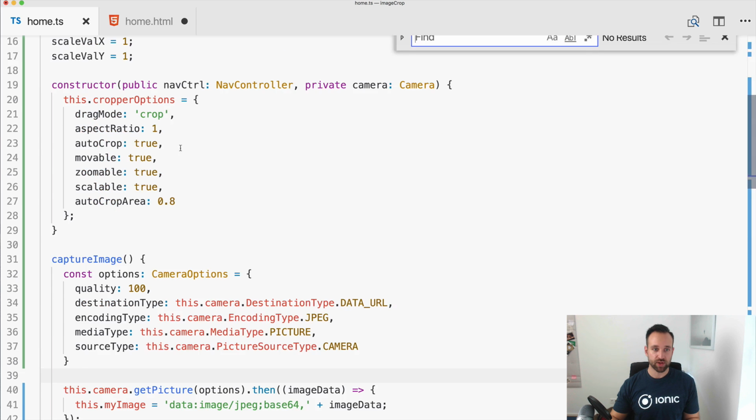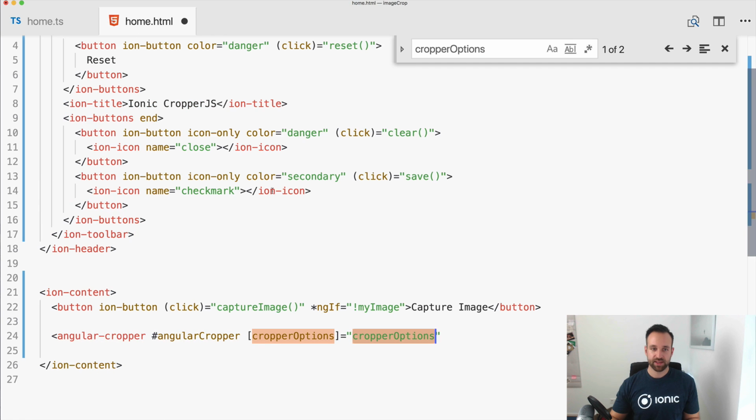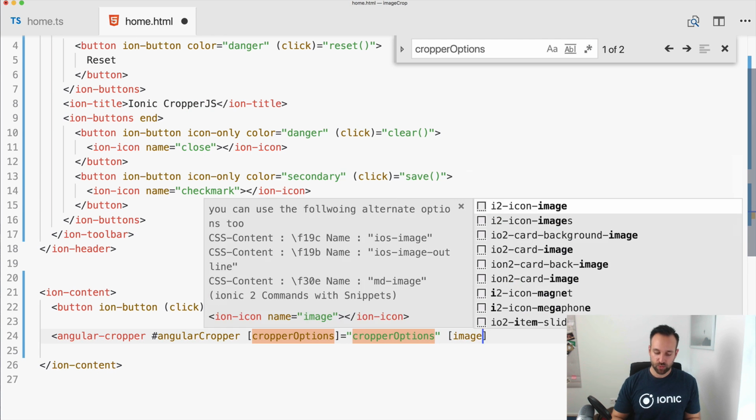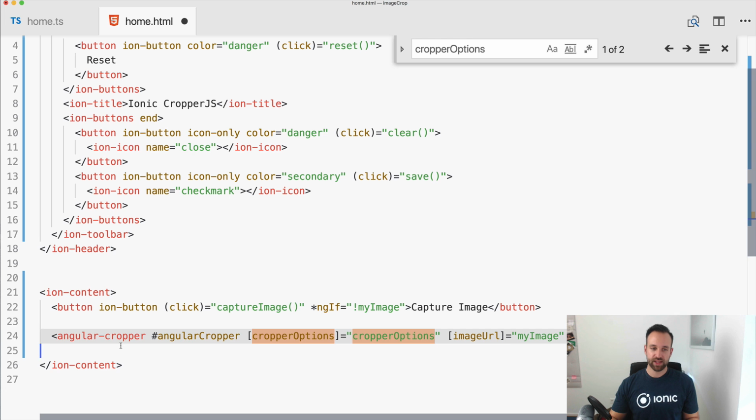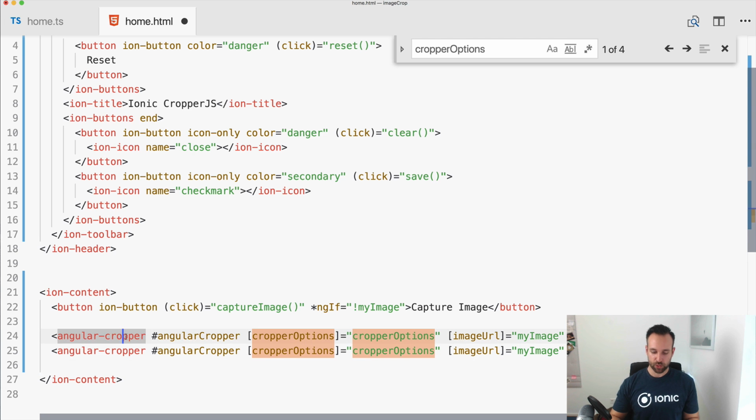I hope I spelled it correctly, yes. So it will load the cropper options we've set previously. It will use the image URL. Doesn't matter if this is a base64 string, works perfectly in this case. And also we only want to display it if we have an image. So this is our Angular cropper, and I will make a second version of this